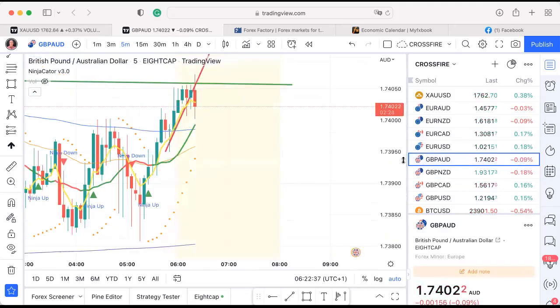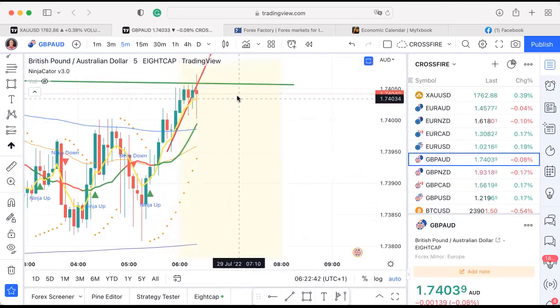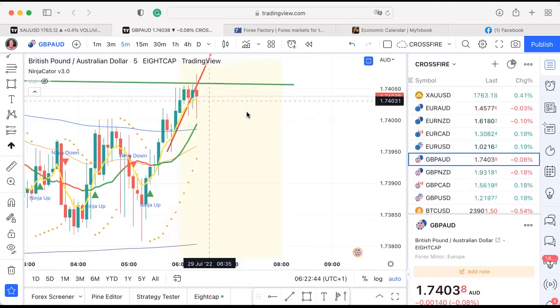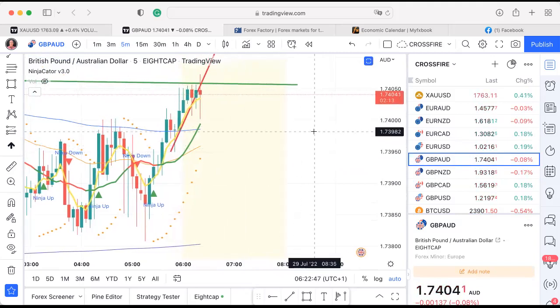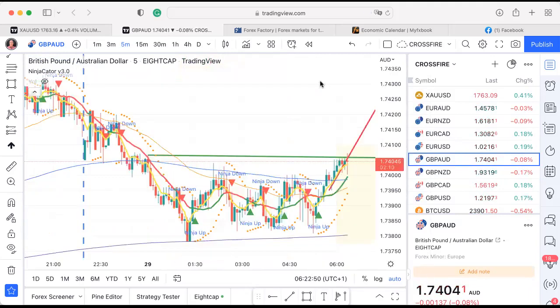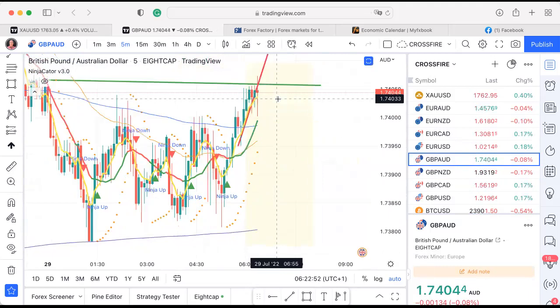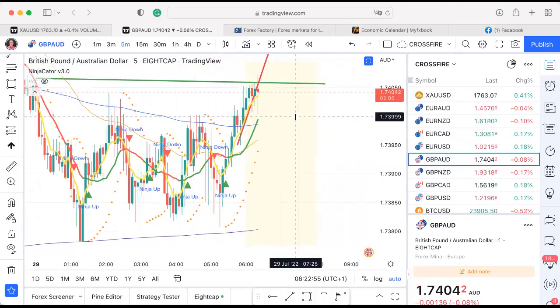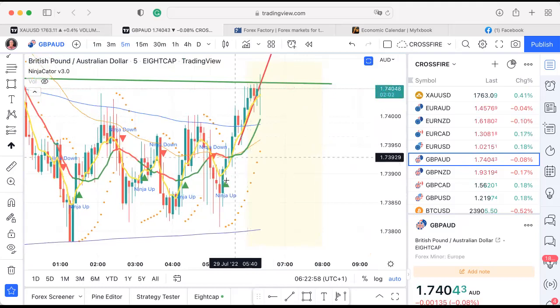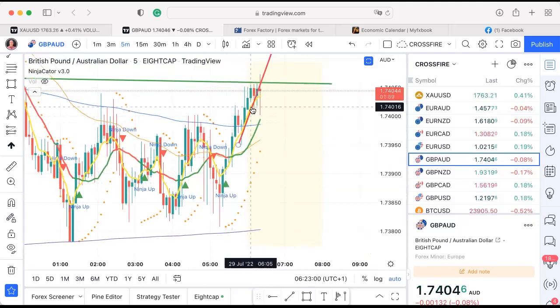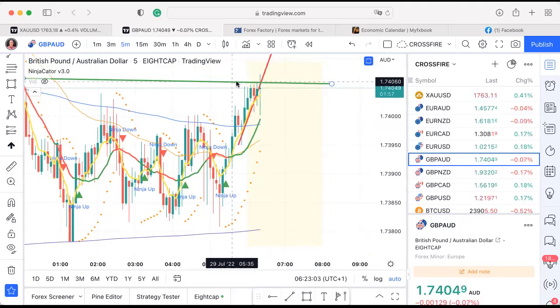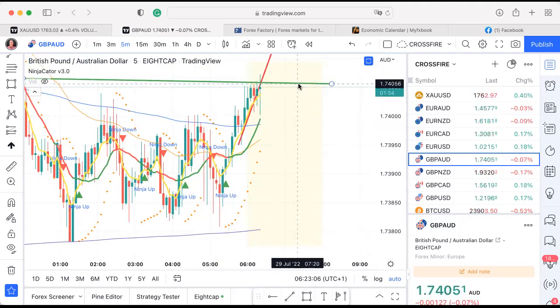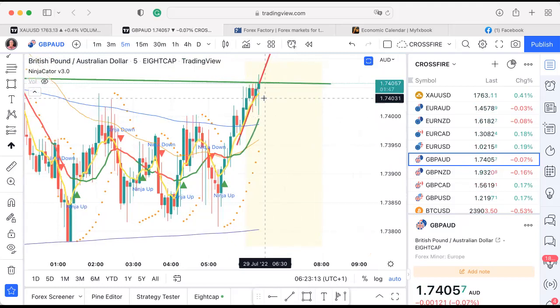So we'll look at GBP. Similar thing has happened there. Price has gone up to the green line and bounced off it. I'll see if I can get closer into this. Yeah, so we've got a fairly steep red line there, but it's the same thing. We've been in a ninja up, we're still in a ninja up. It's bouncing off that trend line. That green trend line is now acting as a ceiling. Price is trying to get through it, but it's not making it just yet. So we'll come back to that.